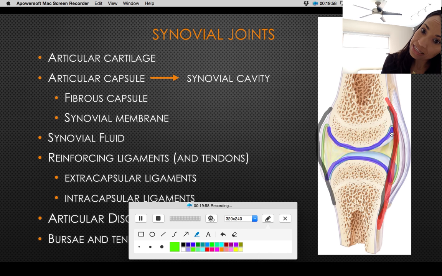Inside, if you're seeing the inside of this very same capsule, you're going to see the inside is lined with this membrane. And this is the synovial membrane, whose cells are going to produce the liquid, which is the synovial fluid, and that fluid is filling all of this cavity. So it cushions the cavity, right? It cushions, provides